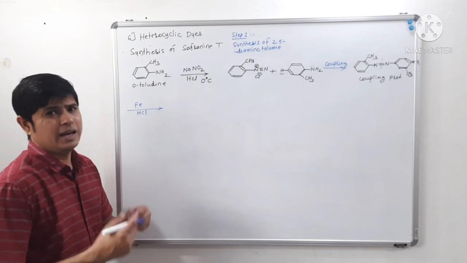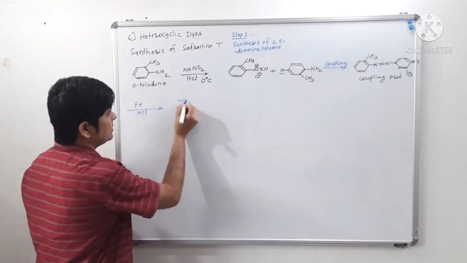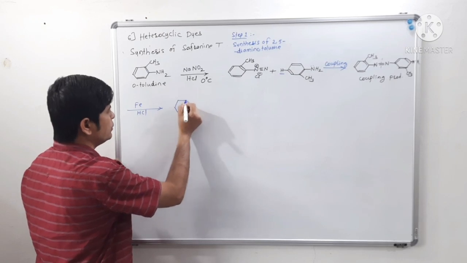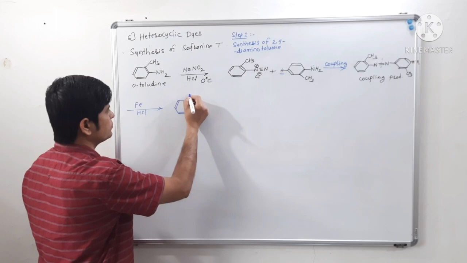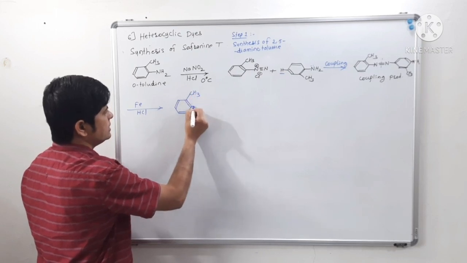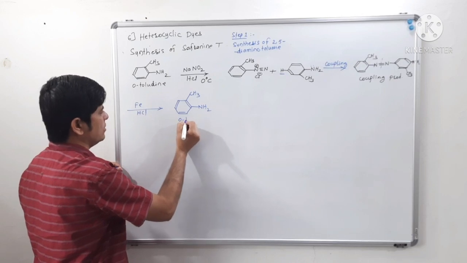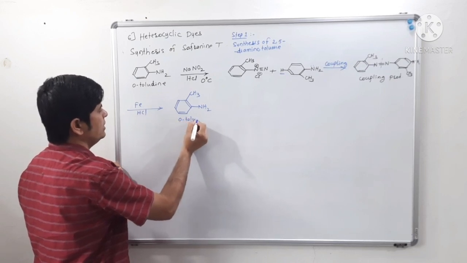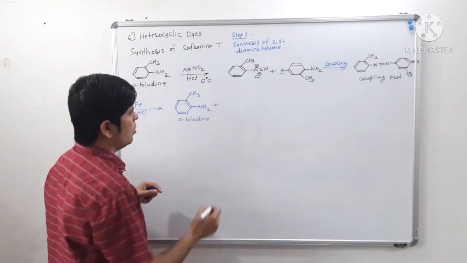We will get CH3 NH2, orthotoluidine back, 1 mole of orthotoluidine, and the second product will be